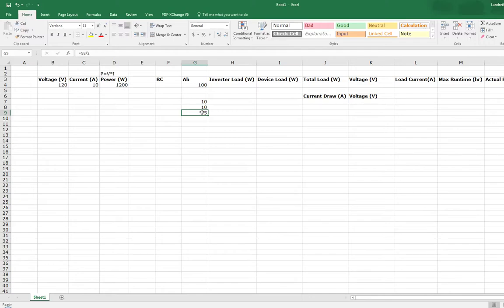But with amp hours, there's a difference in how those are rated between regular car batteries and deep cycle batteries. So if you're doing a project like I am, where I'm just running an inverter off of this, and it's a standalone system, not connected to an alternator on your car or anything, then the battery shouldn't be a car battery, because those are suited for short-term bursts to start your car, which takes a lot of quick current draw, and then it doesn't do a whole lot. So there are special batteries called marine or deep cycle marine batteries that are made specifically to do a longer, slower release